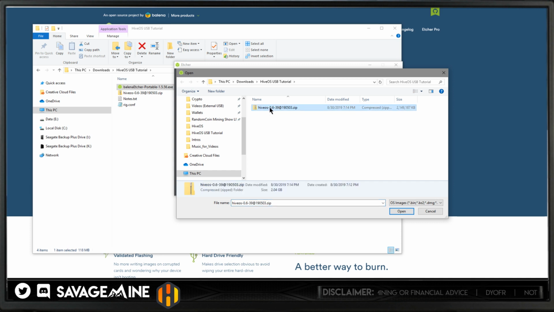We just have to click on that, and you can always look at the date and modify it, so you know you're grabbing the right one. I'm looking at the path up here. I know that this is the right one, so we're going to go open,